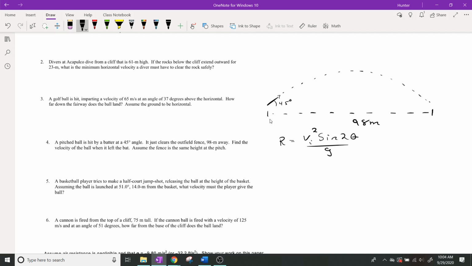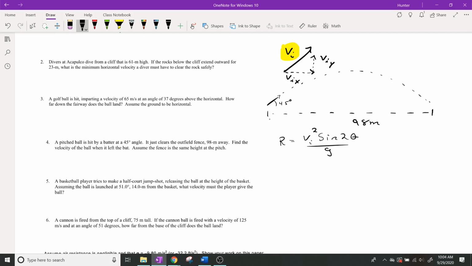So instead of thinking about it in the x direction or the y direction, the VI is the actual velocity that's going up at a 45-degree angle. So there is a VI x direction, there is a VI y direction, and this VI in the formula is this one right here,